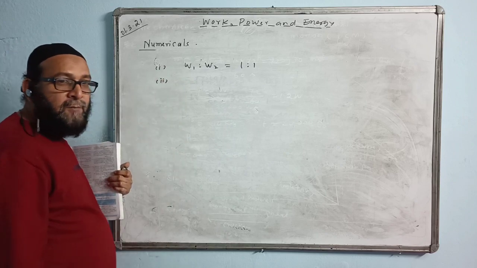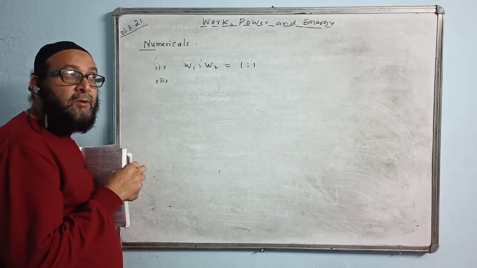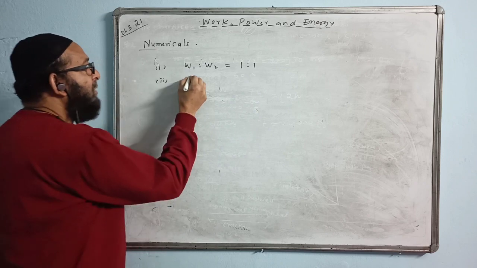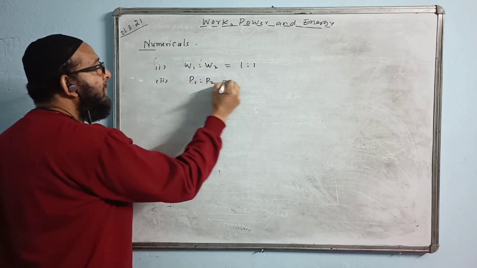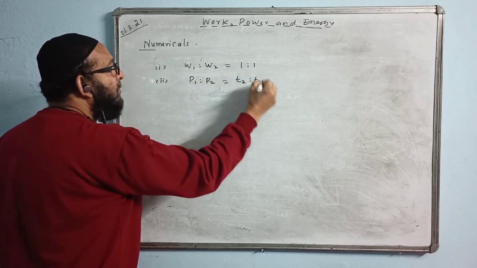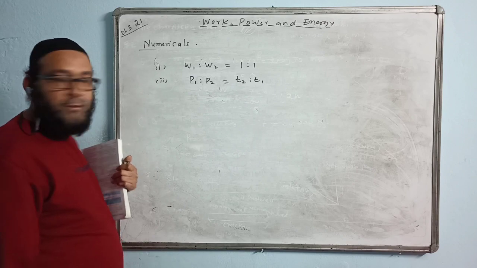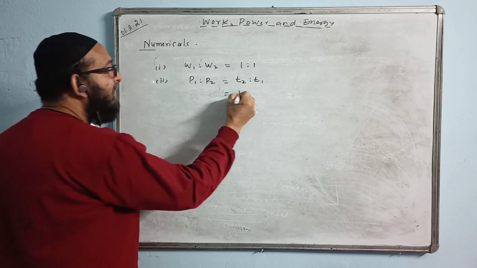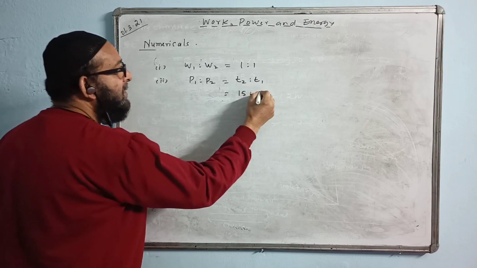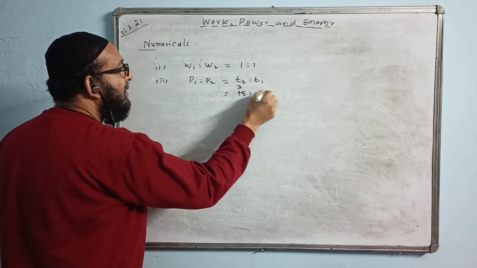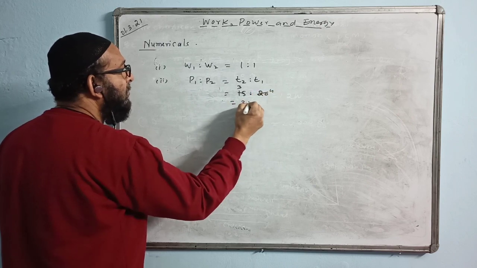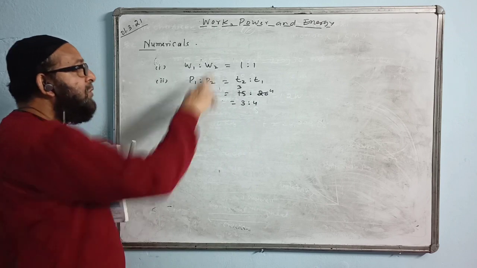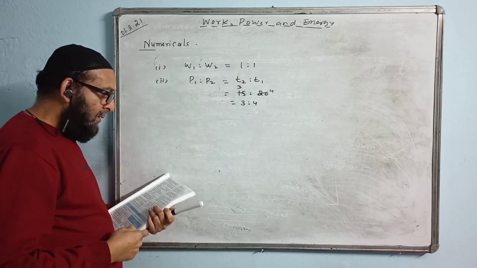Now they are asking find the ratio of power. Of course, power will be different because time taken by each one of them is different. So we find power ratio. Power P1 is to P2, you will write T2 is to T1, just opposite, inverse ratio we write. Time taken by the person B is given 15 seconds, here we write 15, and time by the first person is 20. Cancel, 5 3s are, 5 4s are, the answer will come 3:4. The ratio of power is 3:4. But ratio of work done is 1:1.